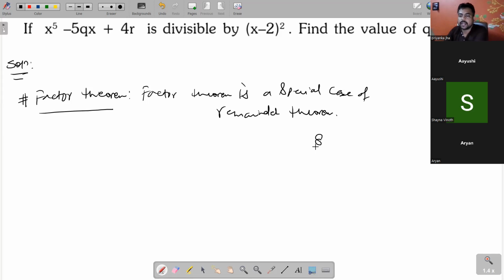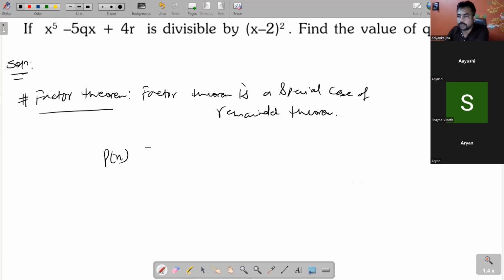Suppose if I divide 8 by 3, we get remainder as 2. But if I divide 8 by 2, we get remainder as 0. It means that this 8 is completely divisible by 2. Right? It means that